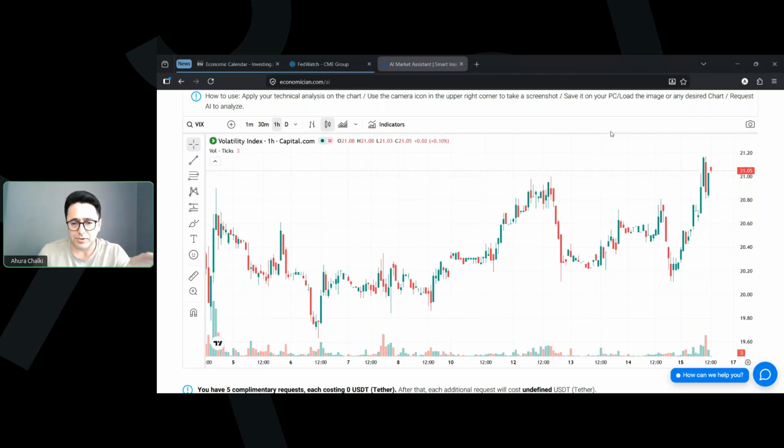This is the market risk and volatility chart. And I think that's the first chart that you have to watch as a trader, as an investor. That's the first chart you have to watch if you want to start your day trades, if you want to start your investments, whatever you want to do in the financial market.